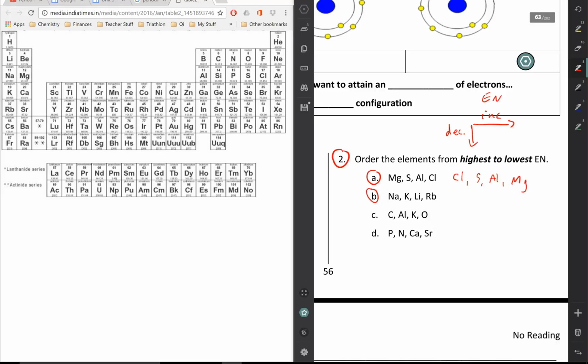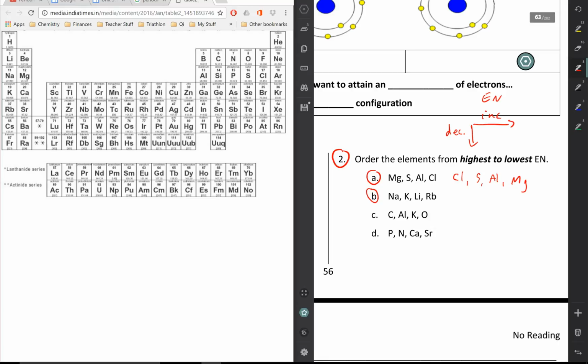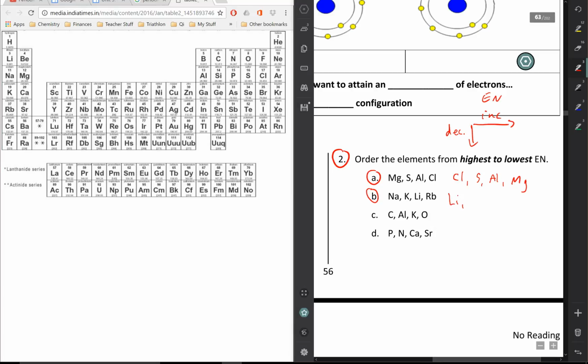For question 2B, I've got sodium, potassium, lithium, and rubidium. These are all group 1 metals. We want to go from highest to lowest. We know that electronegativity decreases as you go down a group, so the highest one is going to be the one at the top. So in this case, it'll be lithium with the greatest electronegativity, followed by sodium, then potassium,